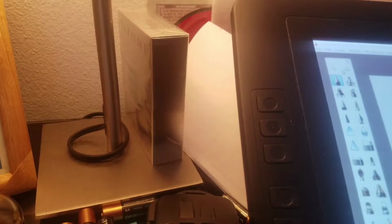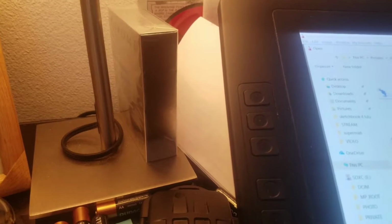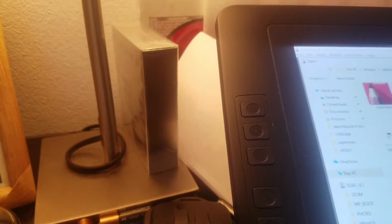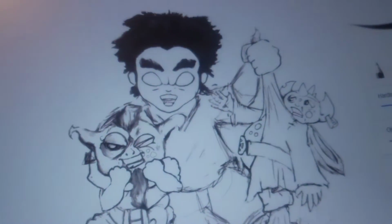Like open. You want to save changes? No. So this is a drawing that I did. Where is it? Yeah, that one. So there's a cool little drawing I'm working on of